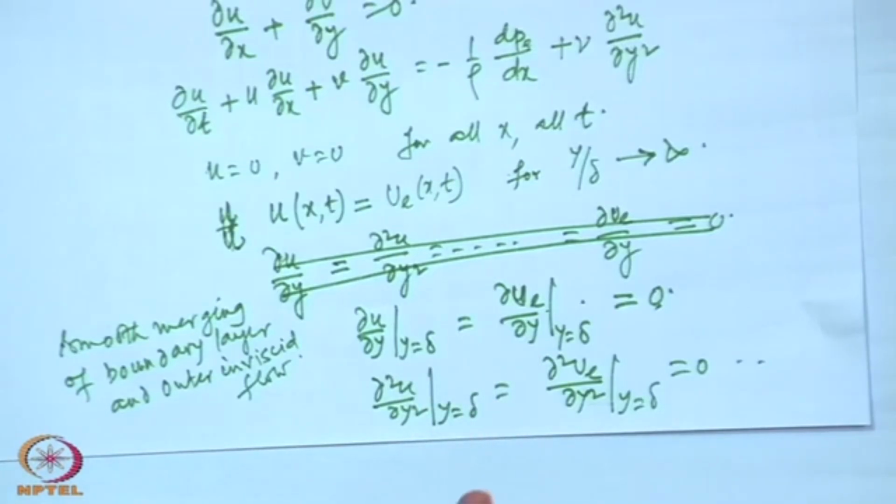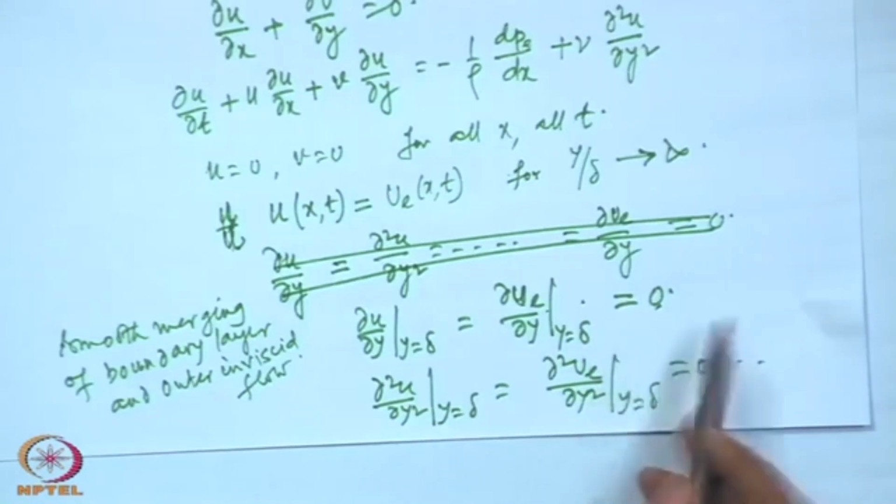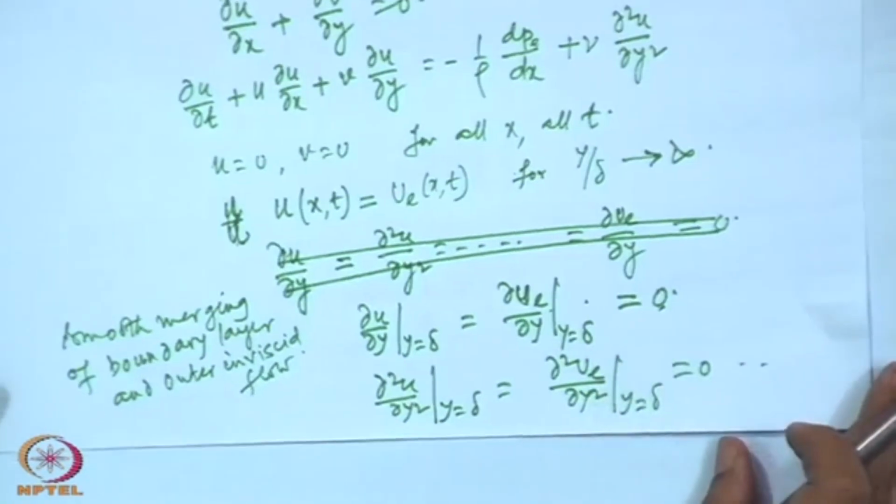In general, when there are two different things and they merge smoothly, all the derivatives should be equal. In this special case, we know that these derivatives are 0. So, these are the equations to be solved to solve the boundary layer flow and the outer inviscid flow,